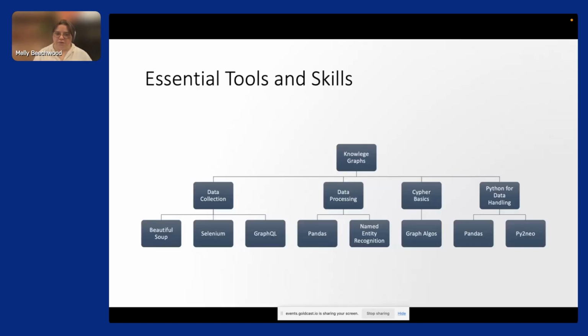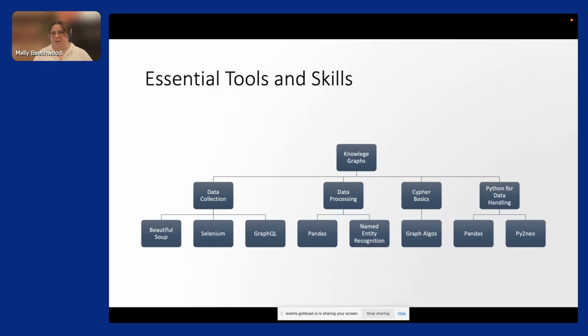You are going to need to have some tools. I do recommend having a base in data collection, a little bit of data processing knowledge, some Cypher basics, and Python will make your life a lot easier. That being said, everything you see in that third row, you can learn on the job. It'll be okay. For data collection, there are libraries such as Beautiful Soup and Selenium